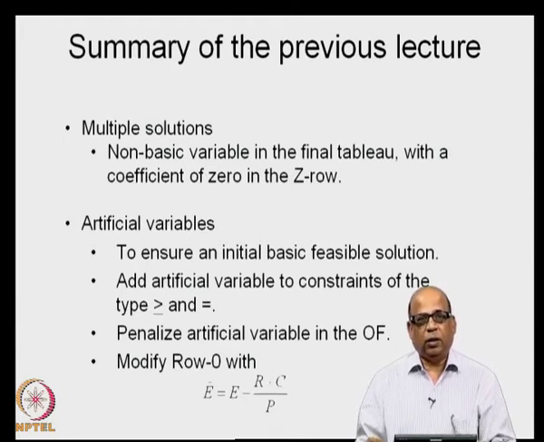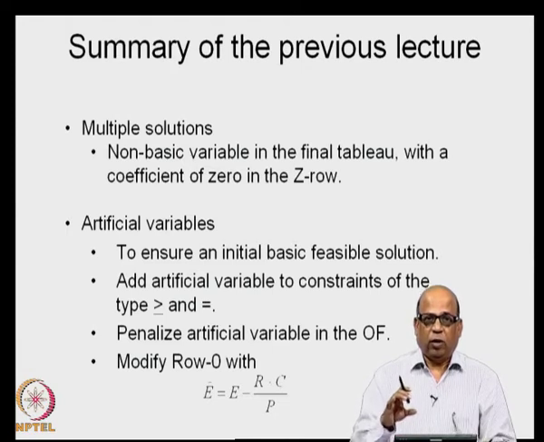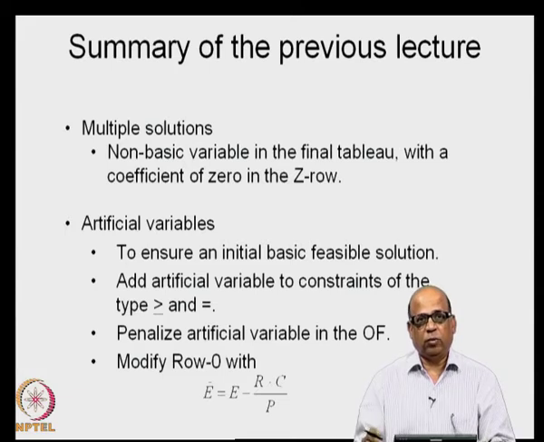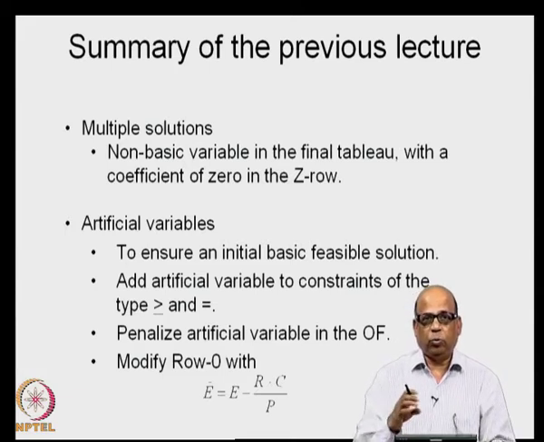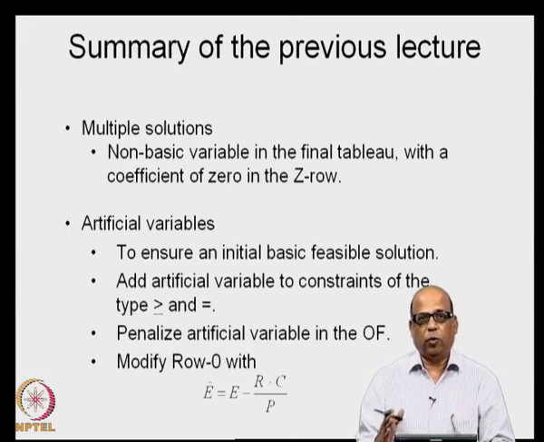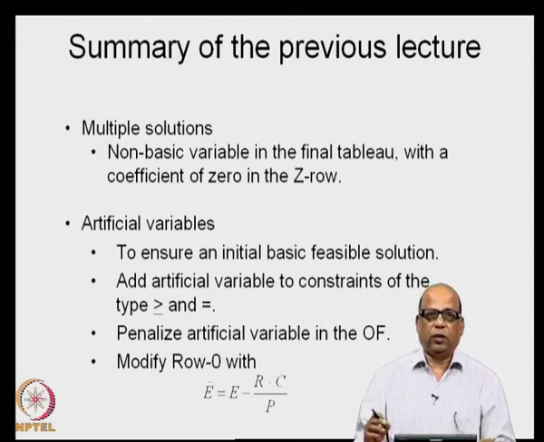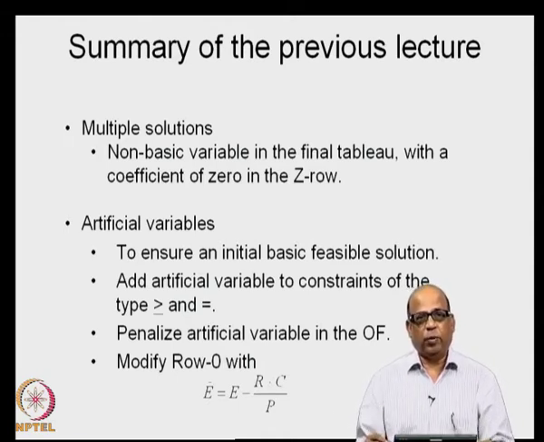And as I have been telling, the existence of multiple solutions to an optimization problem is always advantageous for the decision maker, because your optimal value of the objective function remains the same across all these solutions, but you have an enormous flexibility to choose one solution from the other. You have, in fact, more than a handful of solutions possible, all of which lead to the same objective function value, and therefore, you should be able to identify and generate multiple solutions in linear programming problems.